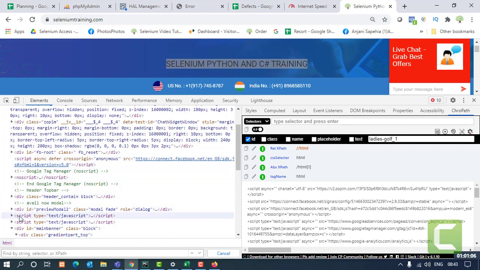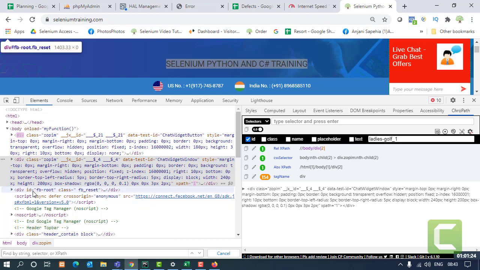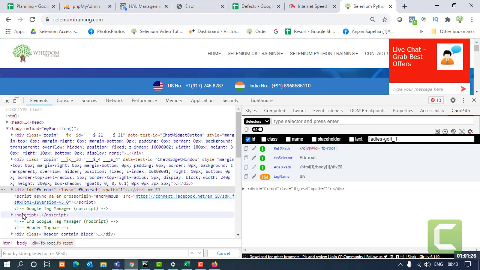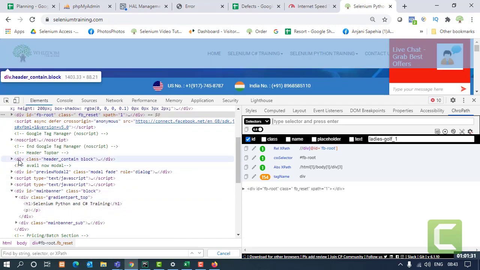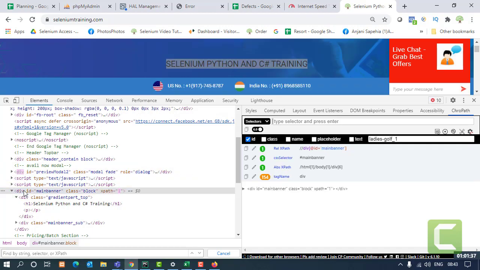In XPaths, if the tag name is the same, my hierarchy will go like 1 2 3 4. So this will be the first div tag, second div tag, third div tag, and we'll ignore the script tags because they are different tags. Then we'll come to another one, the fourth div tag, fifth div tag. Another tag I got, I'll ignore it and move to the same name tag. This is what happens in XPath.